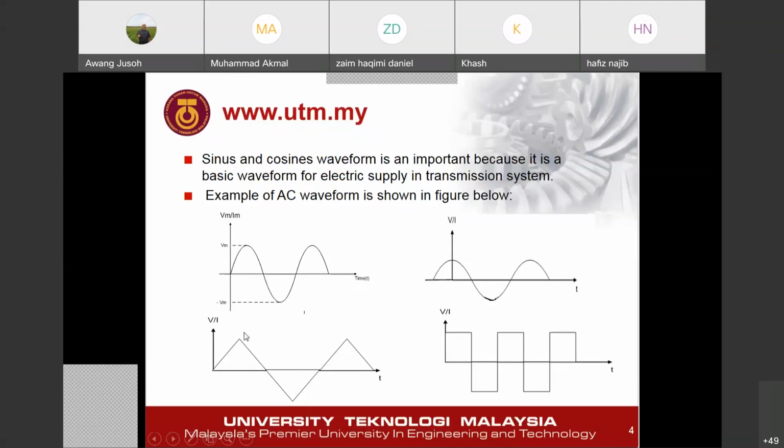This is a special one. It means you can generate it using an electronic circuit, using an oscillator and so on. This is a special waveform, normally used in our measurement or instrumentation systems. But for our usage, for example to light up the bulb in our home, we use this one. Or if you want to drive the refrigerator, we use this kind of signal. Or if you want to turn on the aircon system in our home, this is the kind of signal that we apply. The sinusoidal one is the most important signal in AC.